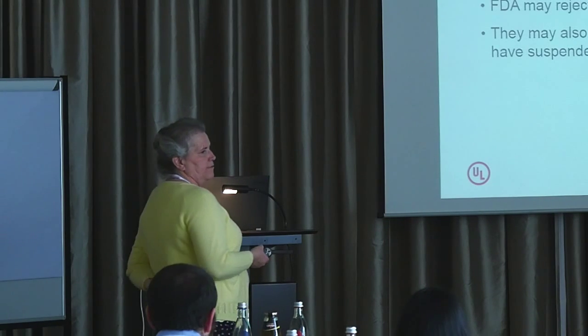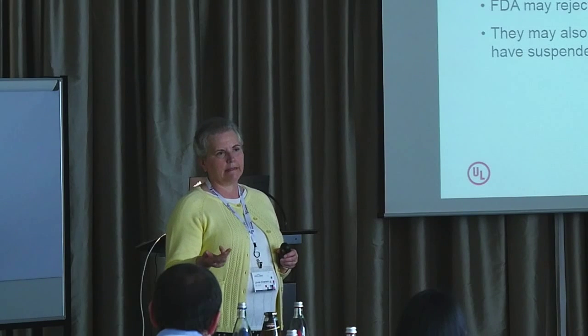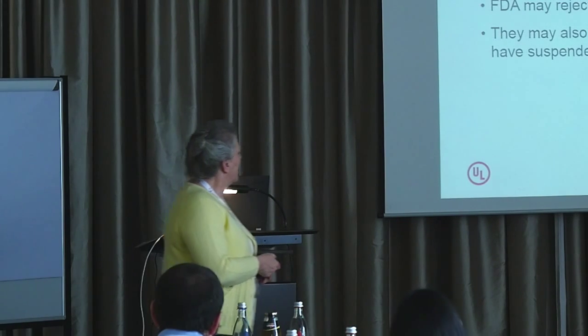The FDA, once that information is submitted, will then review it to see whether it's all correct or not. Some of the things that will cause the FDA to reject information that gets entered is whether there's not complete conformance with UDI requirements. When you enter the information into the GUDID, you have to include what the market clearance information is. So if there's a pre-market approval number or a 510K number, you have to include that. If you're exempt from pre-market clearance, then you say why you're exempt in this database. And